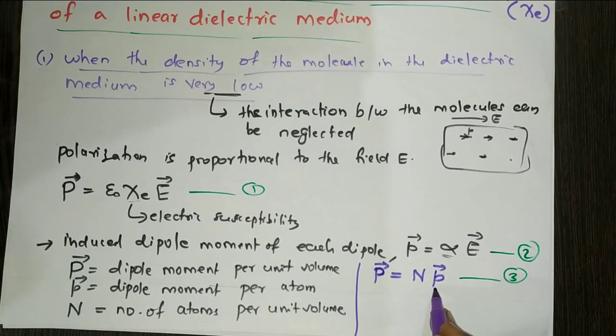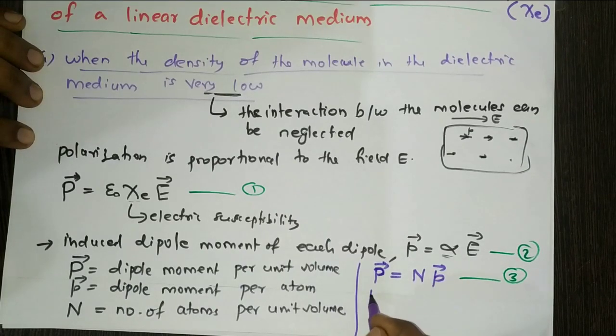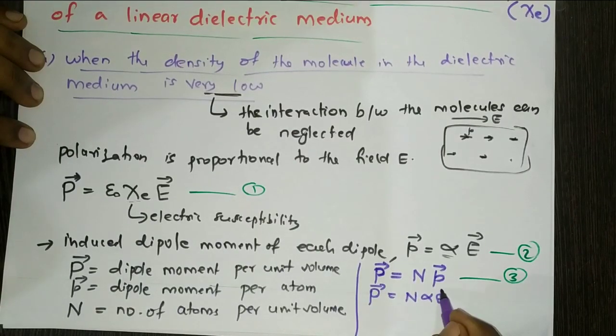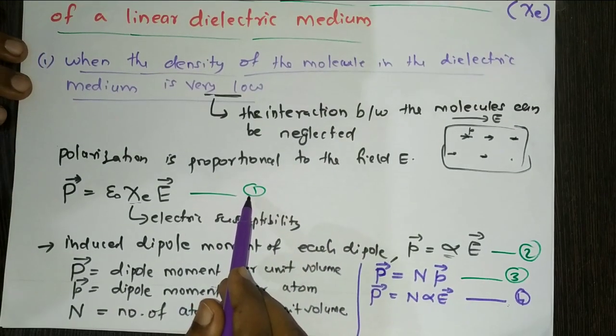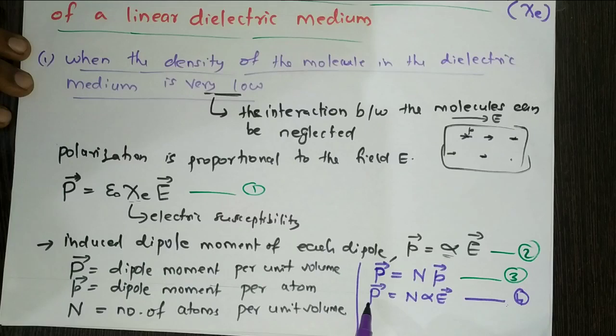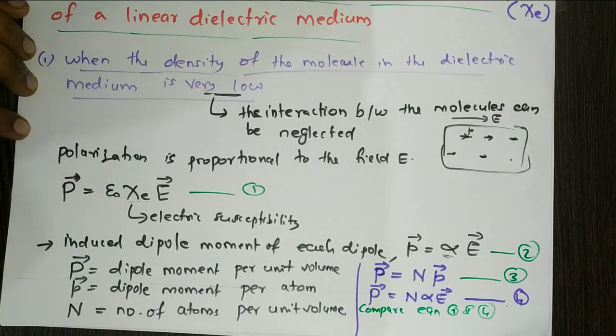Now, if P is this one, I can replace this dipole moment by this expression. Therefore, our P is equal to N alpha E. Maybe this is our equation number 4. Now you can compare equation 4 and equation 1, because both give the total polarization P. Therefore, by comparing these two equations, you can easily write